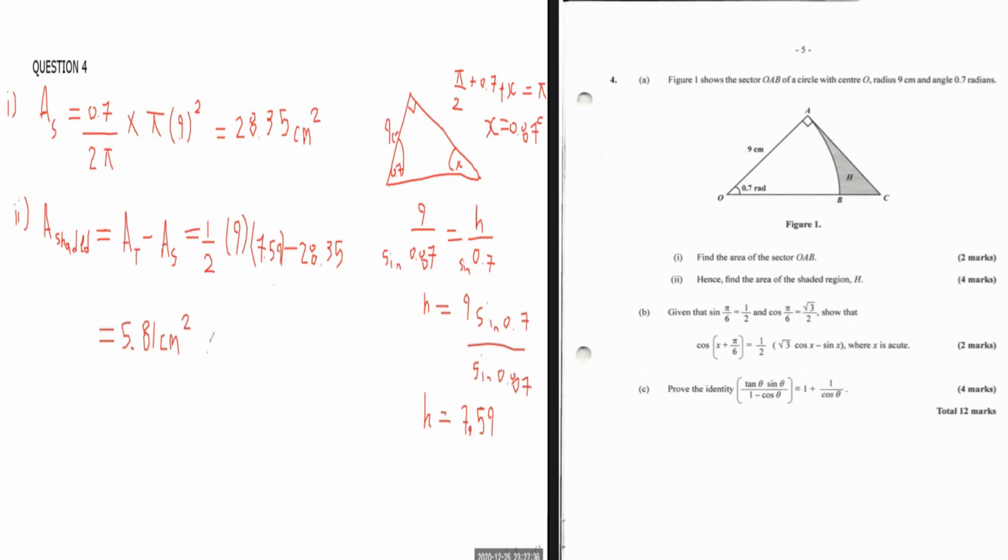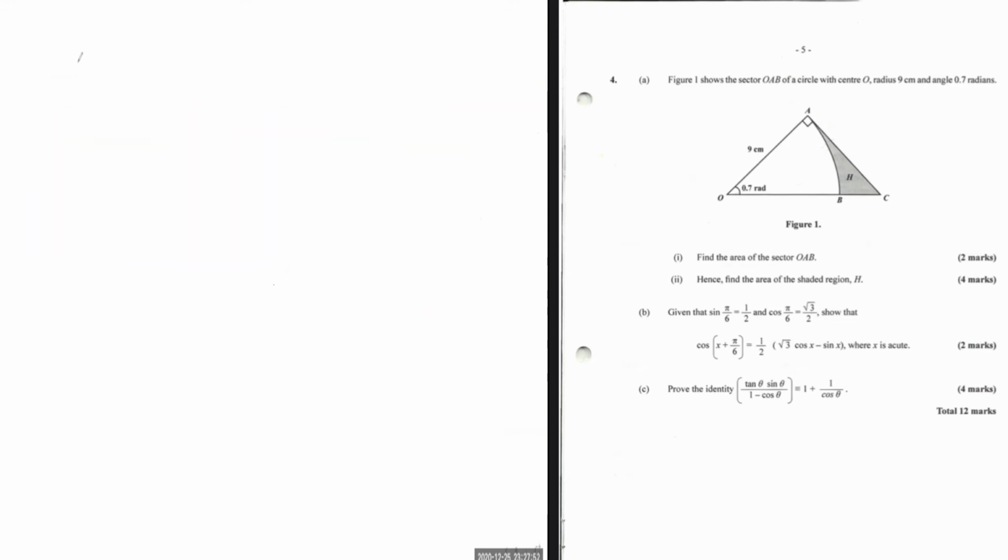Soft. That's the answer. That's the area shaded. Now let's look at part B. Part B is trigonometry, by the way. And so the trigonometry that they're given, it is telling us that part B,